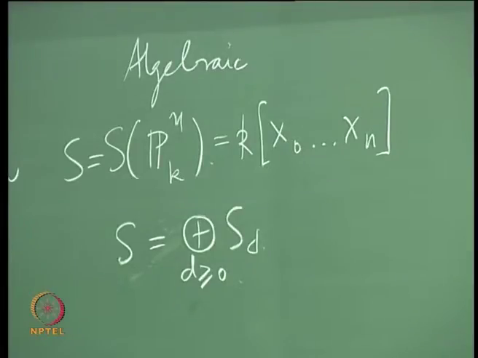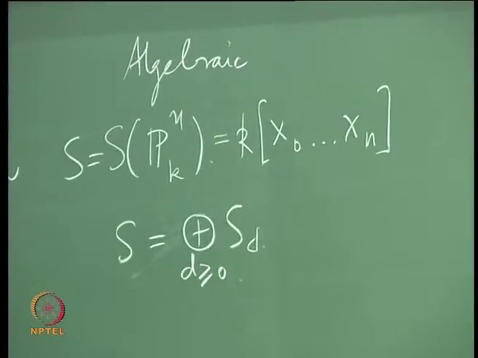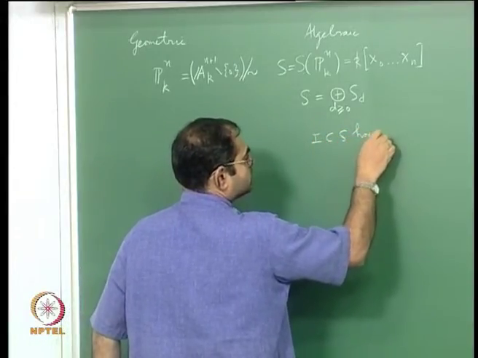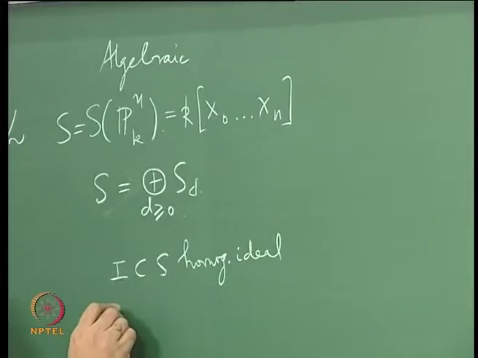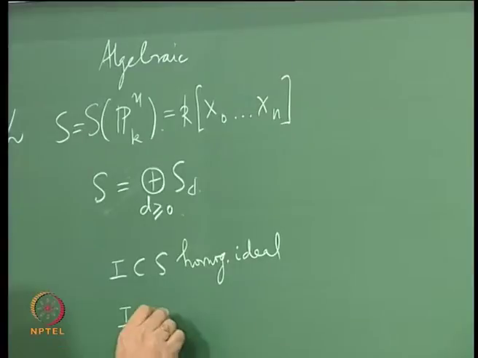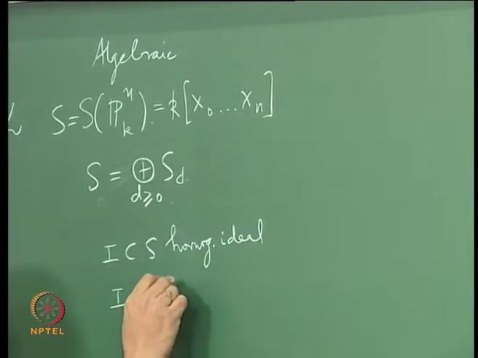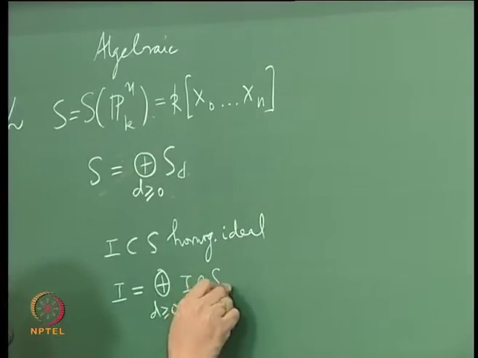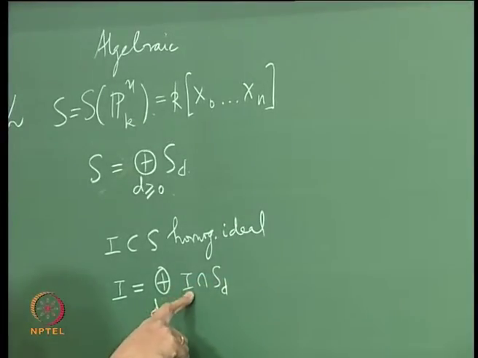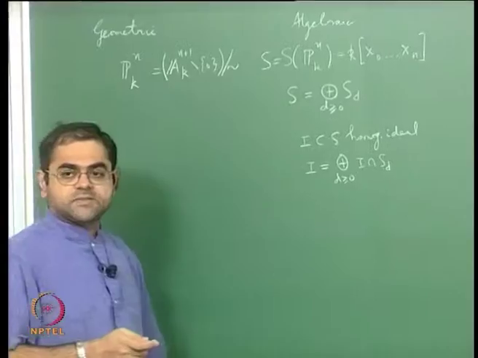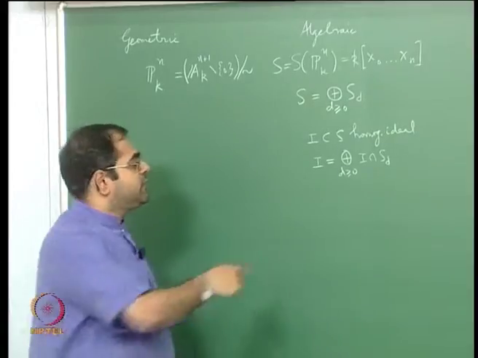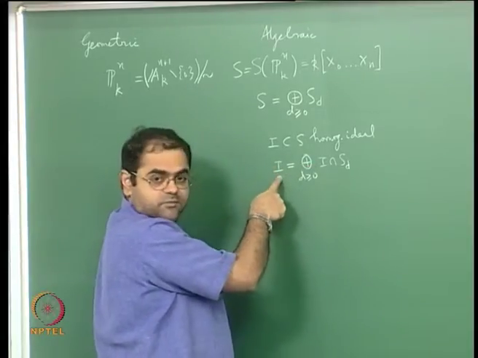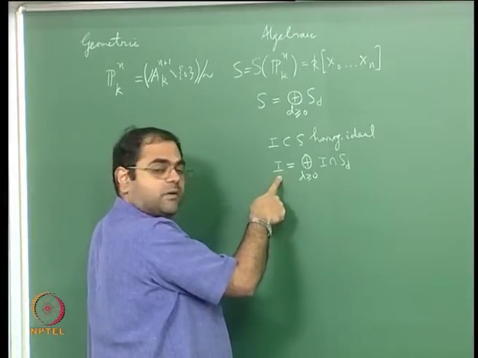In fact the Zariski topology is defined like this on the projective space. You start with I in S a homogeneous ideal. The condition for homogeneity is that I should be the same as the direct sum of all its pieces I intersected with S_d. So you take the ideal I and intersect with S_d, and you get all those elements in the ideal which are homogeneous of degree d. Of course the sum will be a direct sum because this is already a direct sum, and this will certainly be a subset of I always, for any ideal. But the condition that the ideal should be homogeneous is that this is exactly equal to I,